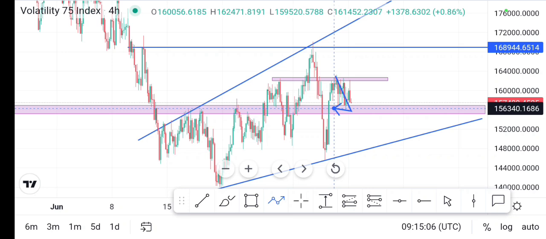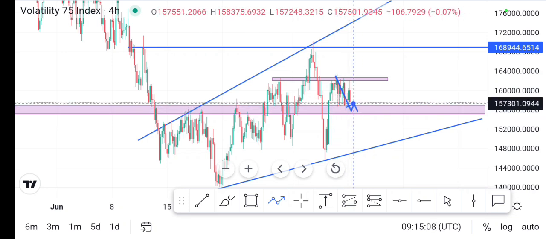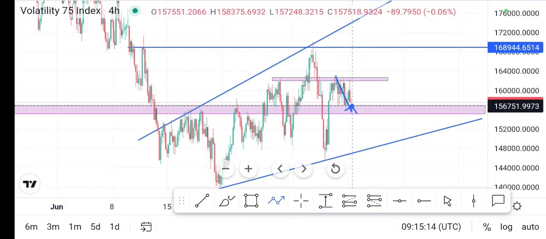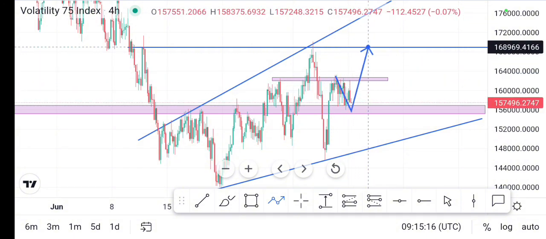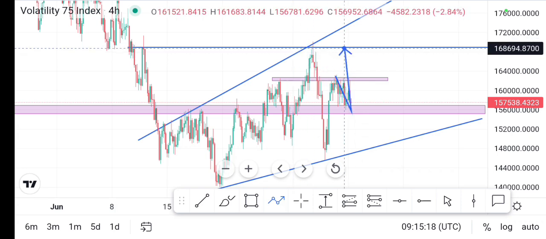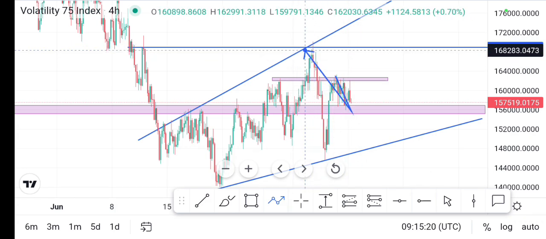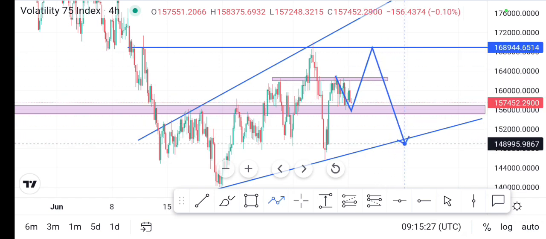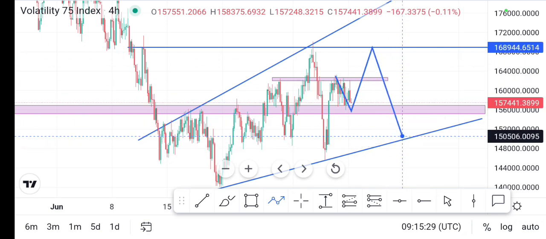You can see we have rejection 1, rejection 2, and now the market is still playing here, because this zone holds so much. There's some possibility of the market, as it is on this zone, to come and break above and then come and make a retest of this area where it retested before. Are you getting the point? It can come here and then come back down like this. So all of those are still possibilities.